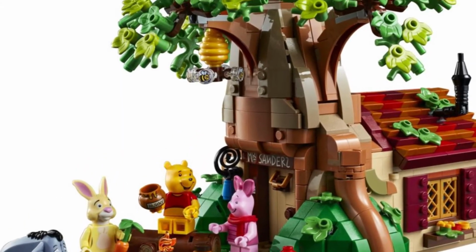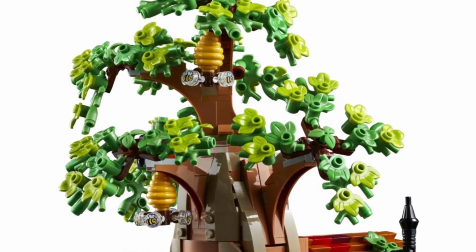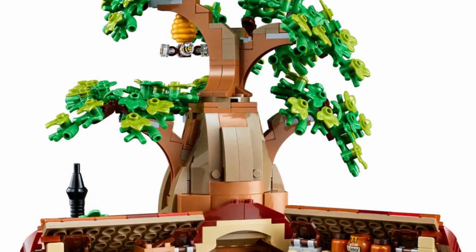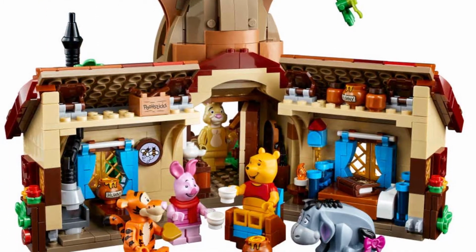Finally, after 1,265 pieces later, I was finished. Words cannot express how excited I am of finally having this piece and having it finished. It has the feel of the 100-Acre Wood. It's the world of Winnie the Pooh, all the way down from the house interior to the tiny bees flying